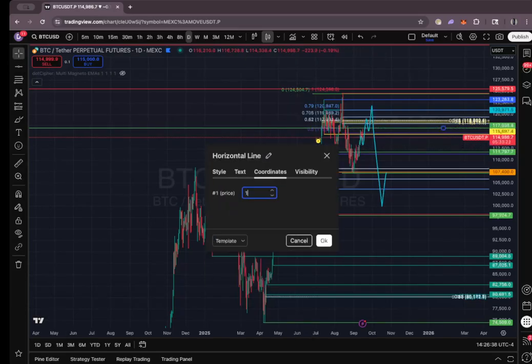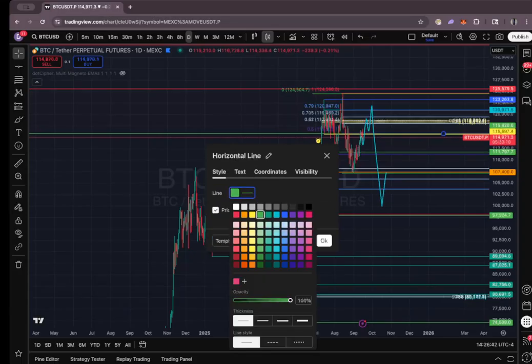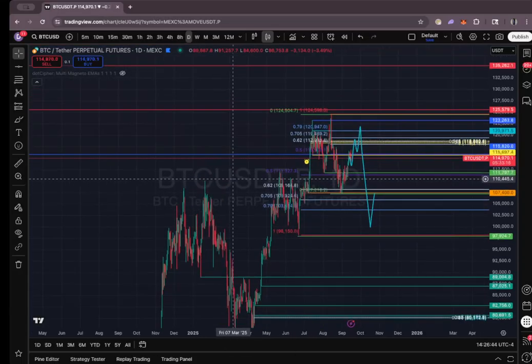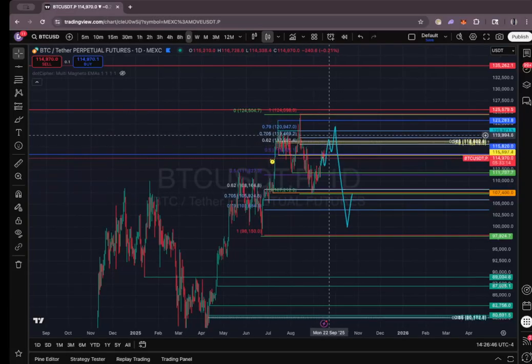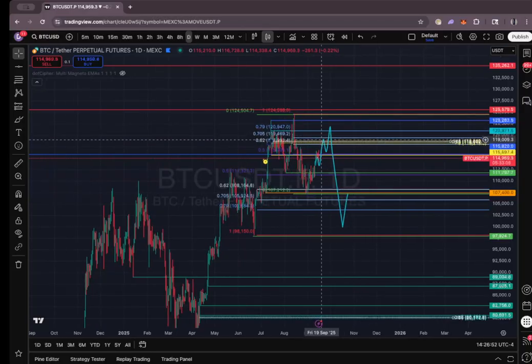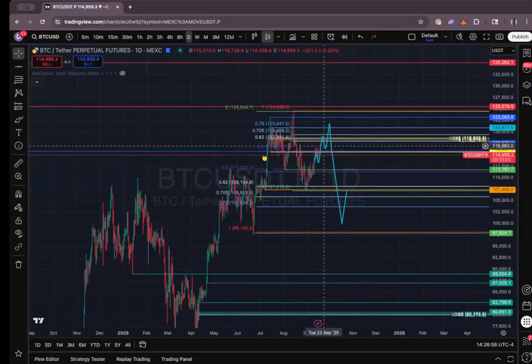Here's 115.820. That is my current average. And I have limits layered up. I forgot the exact levels. You could check my channel, but I have limits layered up between like 118 to 123, and I'm going to keep adding, right? Because all this is going to be a retest on the weekly if we push to the highs here.